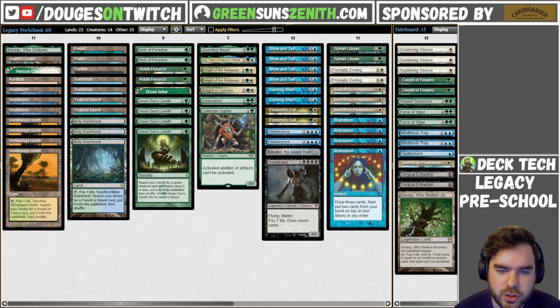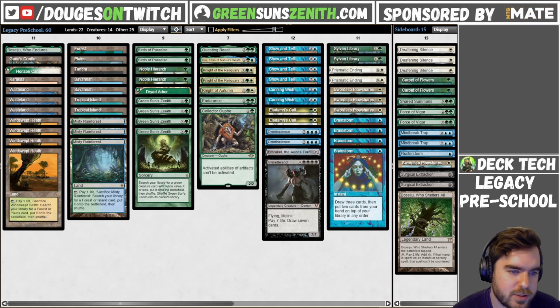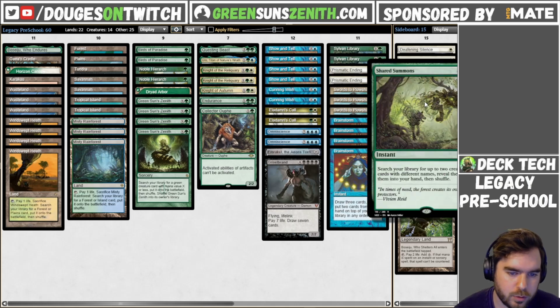This is a donation deck list that we've been working on as a Maverick deck with a combo finish. Typically you'd see a combo finish in Dark Depths if you're playing Maverick, but this is obviously a little bit left field, where we are playing a show and tell package with Omniscience, Emrakul, and Griselbrand. We have Cunning Wish as well as a way to either combo off with shared summons, finding both Emrakul and